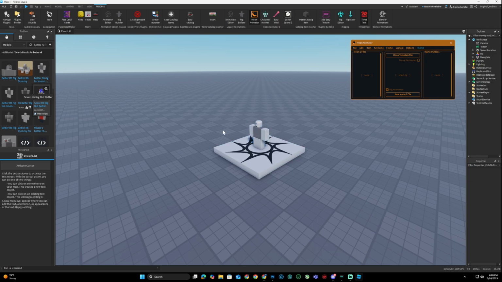So it pops up like this on Moon Animator. It should say R6 new rig animation. It should highlight cyan blue. So now after you see that, you want to click new rig animation, and after that, you should be